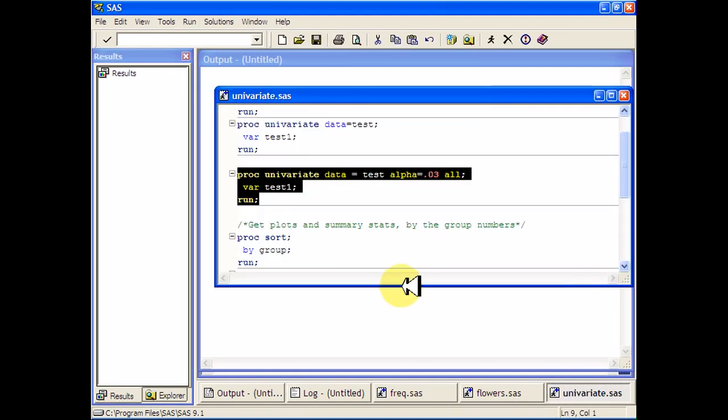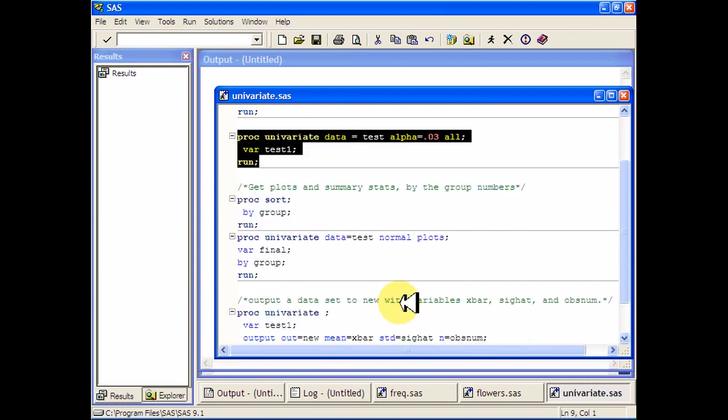Let me show you some of the plots that it does. If you're testing whether the data is normal, you can use this normal option here. That'll give you Shapiro-Wilk and a few other things, along with their p-values. The plots option will give me stem and leaf